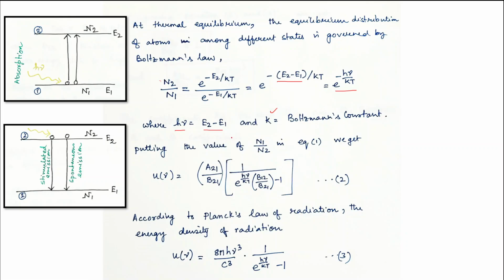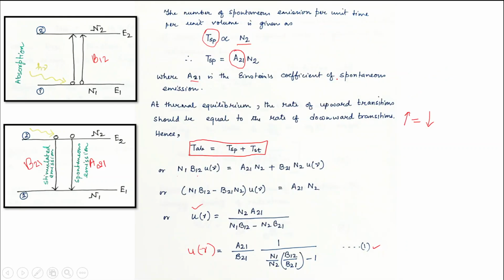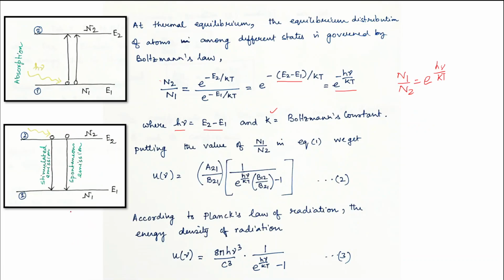Now if we put the value of N1 by N2 that we require in the previous equation, N1 by N2 is equal to e to the power h nu by kT. We have reversed this, so no minus sign, and we'll be putting it in equation number 1, where we require this, you see, N1 by N2. So putting this, we get U nu as A21 by B21 times 1 by (e to the power h nu by kT times B12 by B21